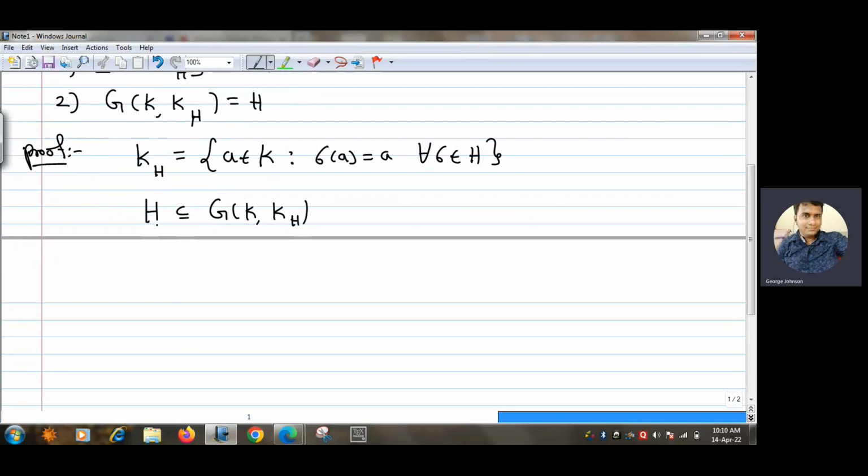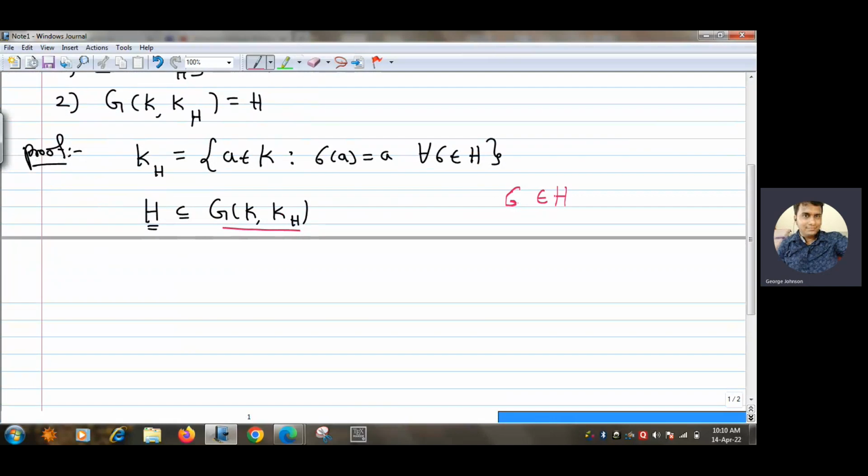Why? Because suppose I start with an element of H, say sigma belongs to H. We know that H is a collection of automorphisms. Then I have to show that this sigma belongs to G(K,K_H). We know that the elements of G(K,K_H) are the collection of all automorphisms which fix every element of K_H. So in order to prove that sigma belongs to G(K,K_H), I have to prove that sigma fixes every element of